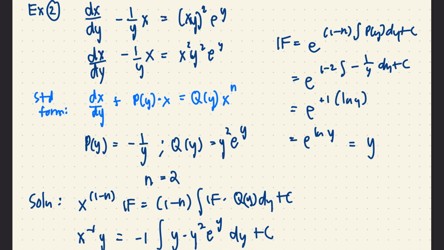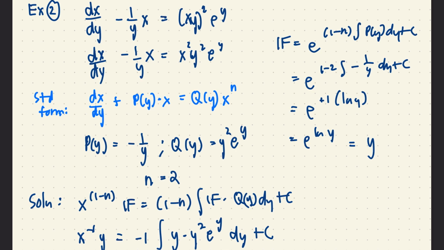So comparing it to the standard form of Bernoulli, we can see that P of y is negative 1 over y, and then your Q of y is y squared e raised to y. Then you have n is equal to 2, and it's Bernoulli. It's not equal to 0 or 1. We get the integrating factor e raised to 1 minus n, then the integral of P of y dy plus c,